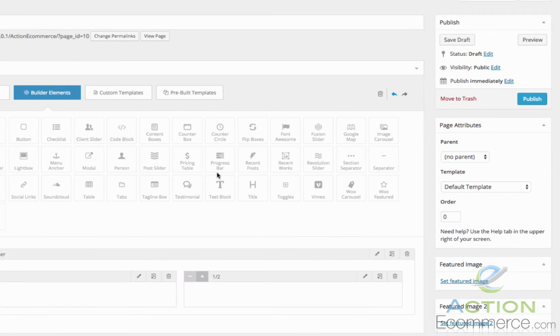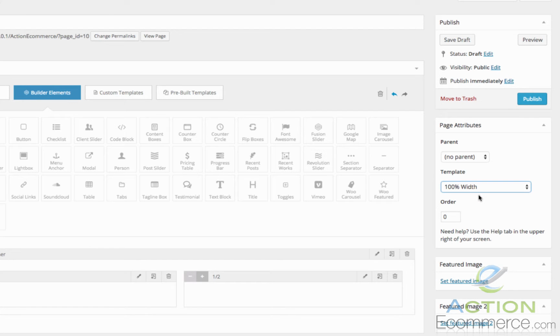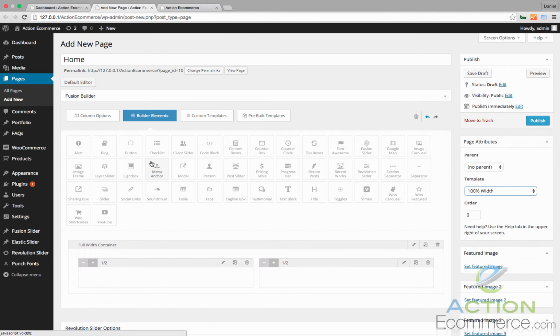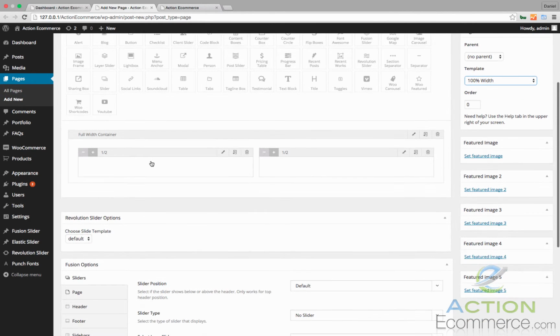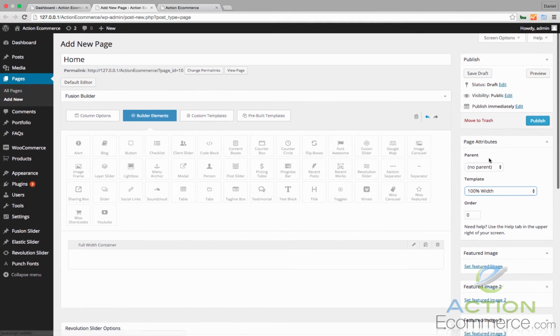Also, another important feature I want to point out right now is your template. Many themes have default templates that they include. As we see here, we have an option for 100% width, blank page, contact, FAQs, and all of the different portfolio styles we can organize. For right now, we're going to go with 100% width. The default template would be the default styles that we configured in the theme options in the last video. For right now, we're just going to make this a blank page,